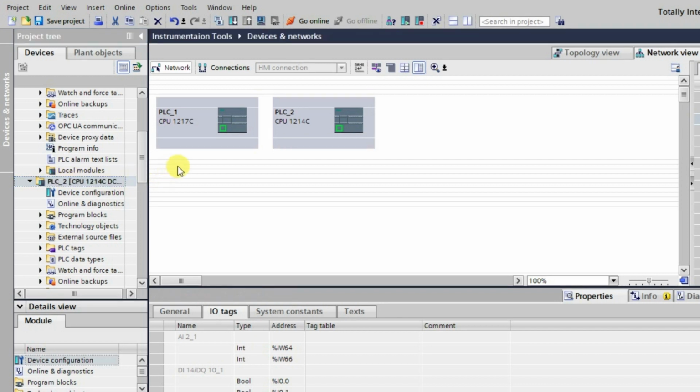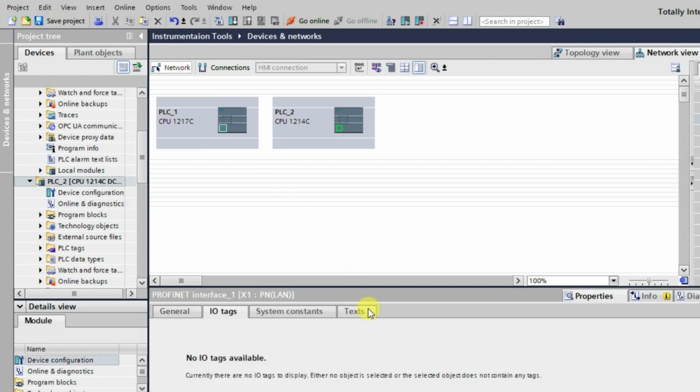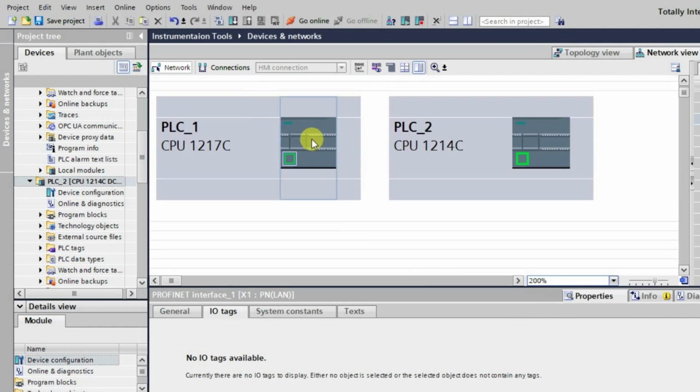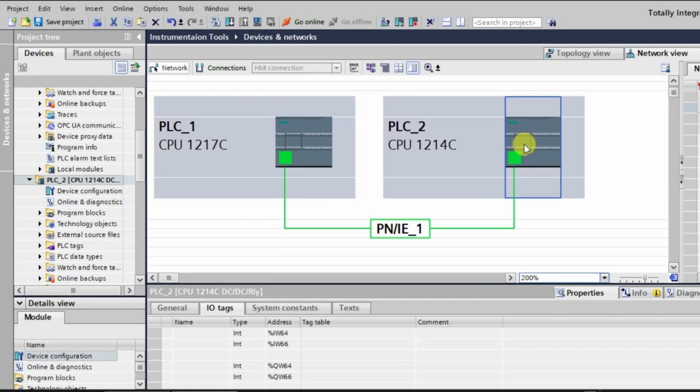Let it be the same for the moment. We can connect this to this CPU like this. Basically this is our Profinet interface taking place here. We can observe that both the PLCs are connected to each other.